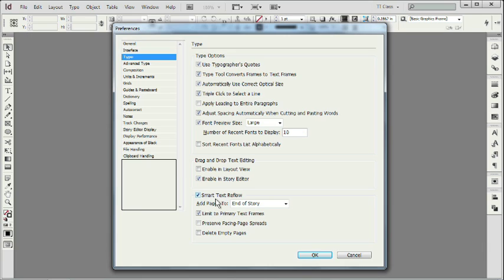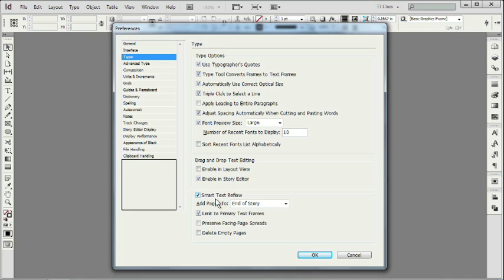Smart Text Reflow basically allows me to set up how text will flow into an InDesign document if I don't have enough pages set to hold the entire thread of text. Let's go back to that book manuscript example that I was talking about at the start of this chapter of our InDesign course. If I had, say, a 600-page book, I may not want to go through the drill of